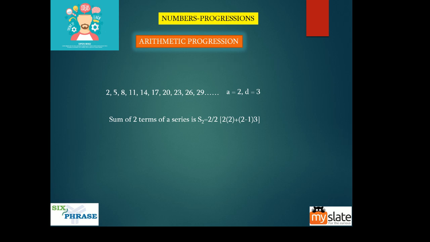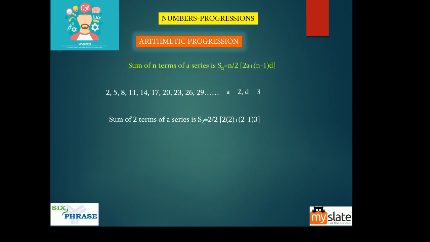The only thing that you have to do is, if they say sum of first two, a is equal to 2. This is a. If they ask you to find the sum of fifth and sixth, this is fifth, that is sixth, right? Then this will become a. So that is the only change you will have to do. Here they are asking you to find the sum of first two numbers. So you can just take a to be that.